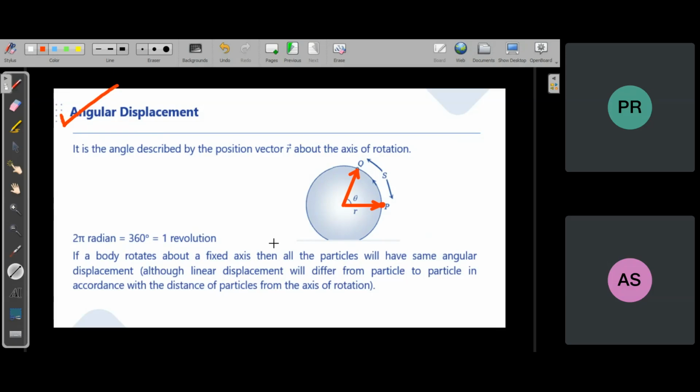Now when a body is rotating, for example, a